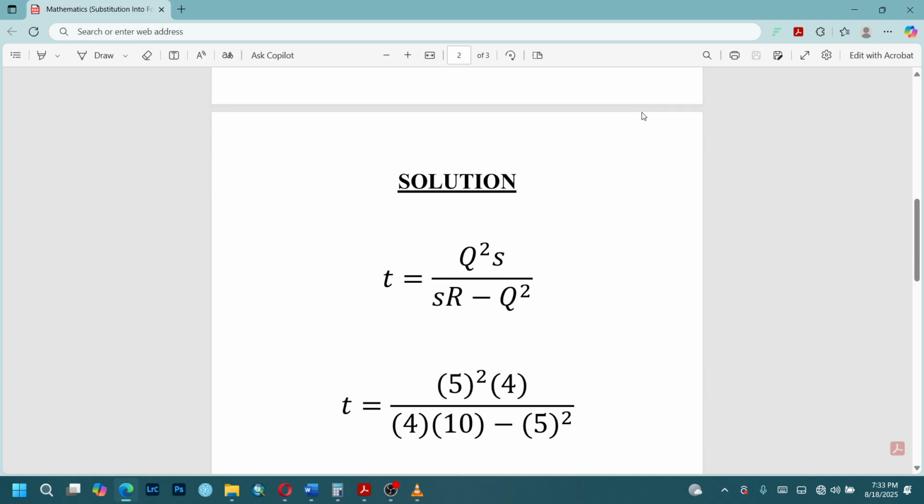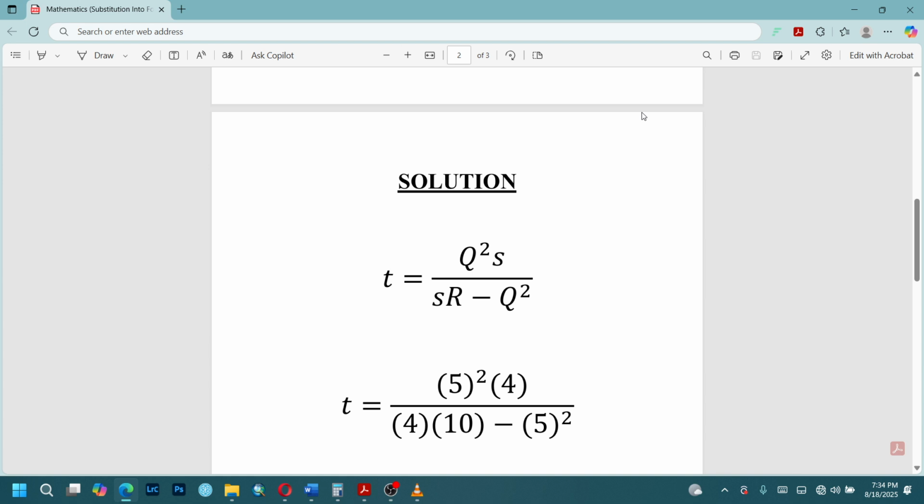Where t equals the fraction 5 square multiplying 4, because q equates to the value 5, based on the question, and s equates to the value 4. So inserting our values into the equation, we are going to have t equals the fraction 5 square multiplying 4, right, over 4 multiplying 10